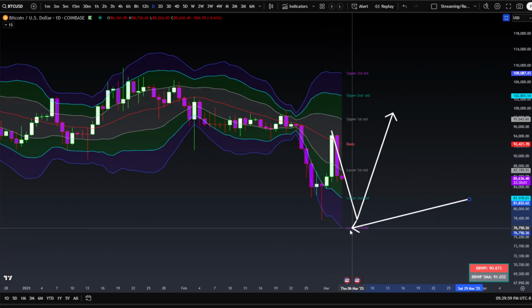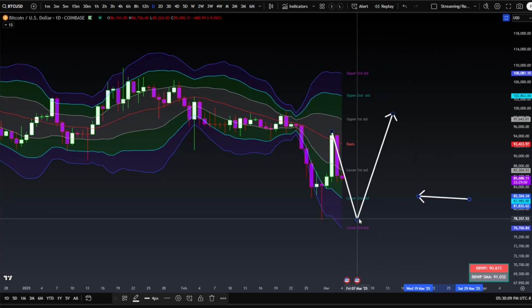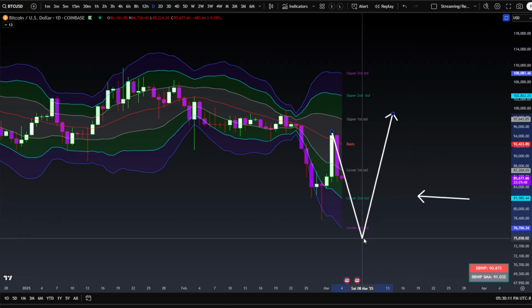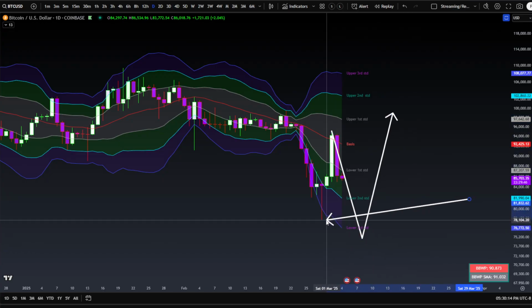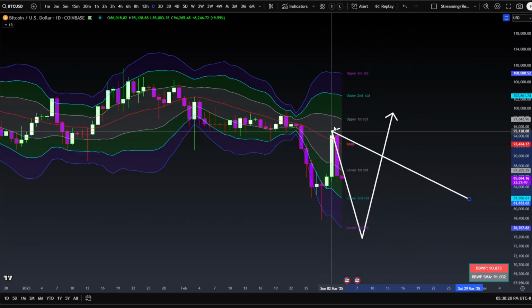And if it does swing down lower, but closes above this swing low at 78,167, then same scenario. So even if it swings lower, we can pretend that that's just like a wick, but it closes above 78,167 here, then we're looking for the bulls to try and